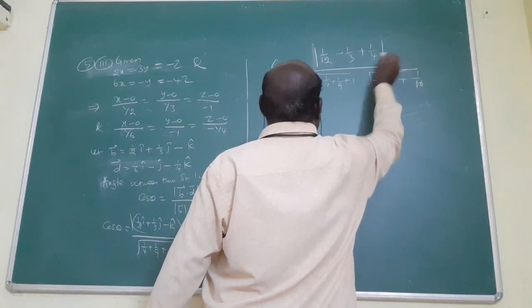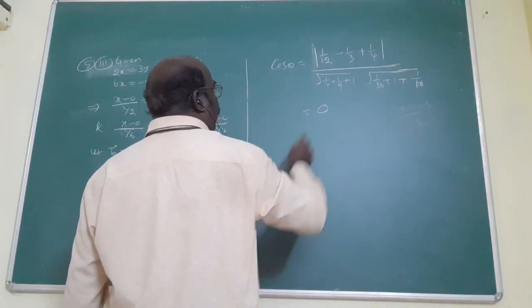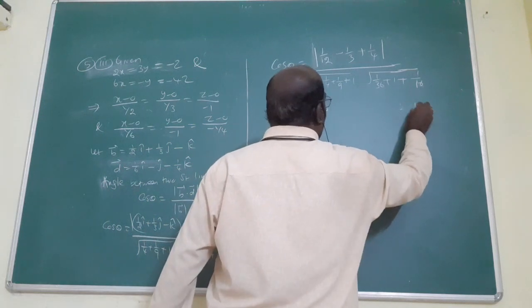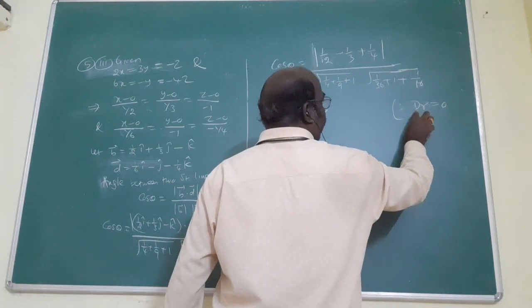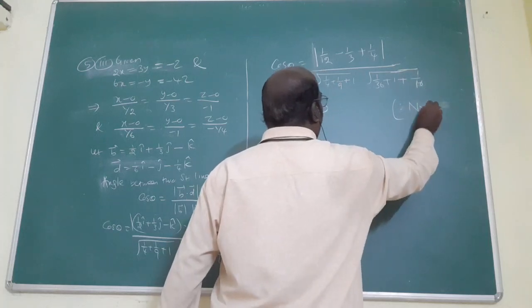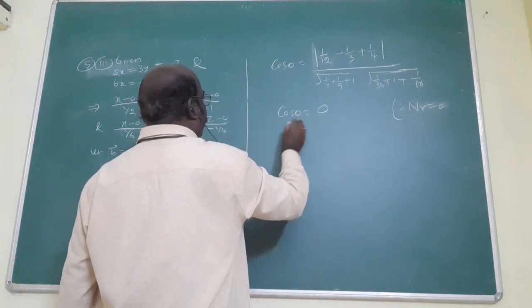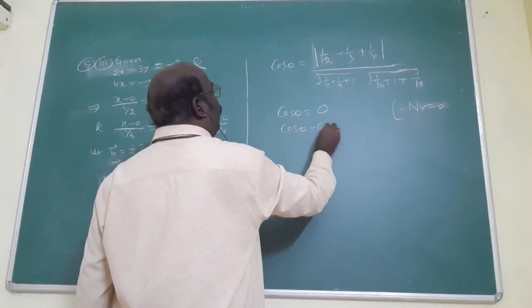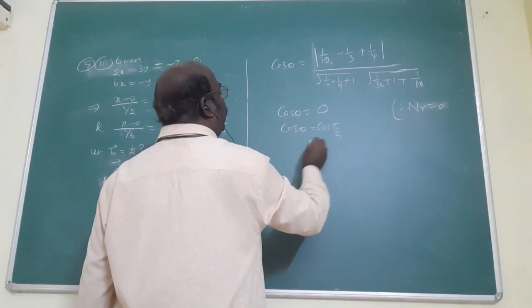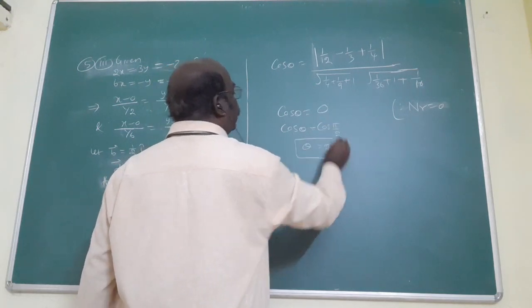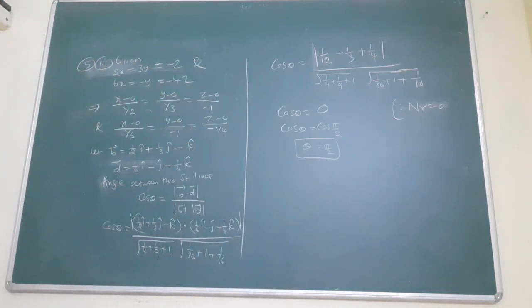In the form of the comparison, we get 0. Am I correct? Because the numerator is 0, which implies numerator 0. Am I correct? Since numerator is 0, 0 by anything equals 0. So cos theta equals 0. Cos theta is 0 for what? Cos pi by 2. Am I correct? Theta equals pi by 2. The numerator being 0 means automatically, whatever the denominator may be, 0 by number equals 0. That's a direct right answer. So theta equals pi by 2 is the answer.